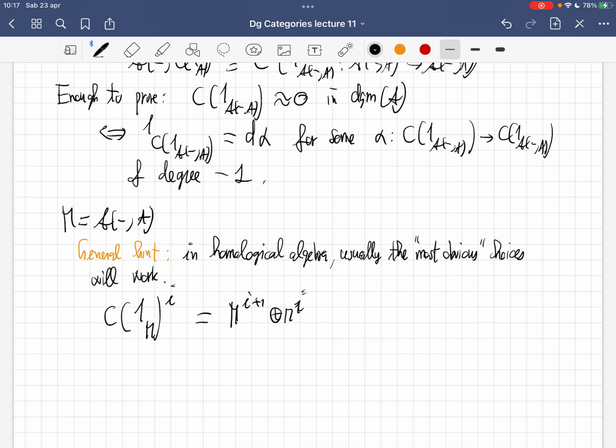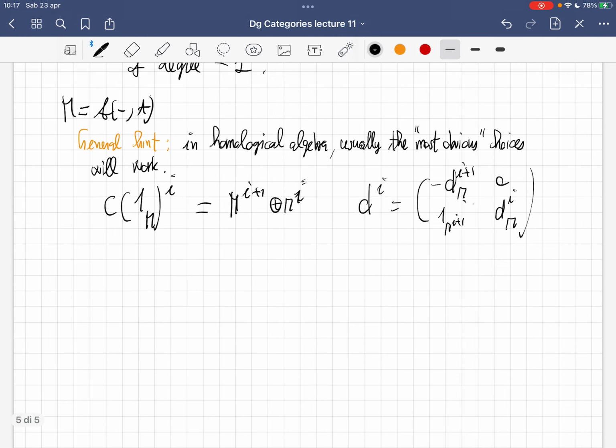And the differential, you know what it is: it's essentially minus the differential of M, minus this, and you have the identity of this. This is the mapping cone explicitly. And then you want to define some alpha, which has to be degree minus 1, so be careful. Its component has to go from